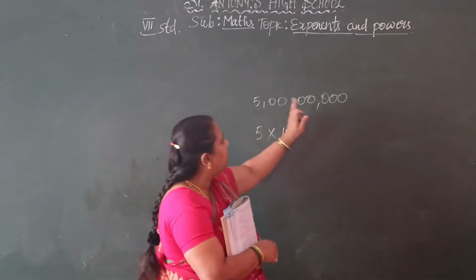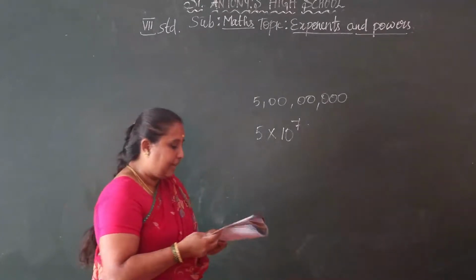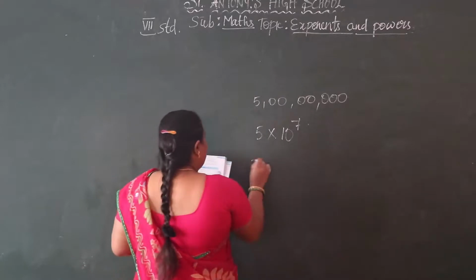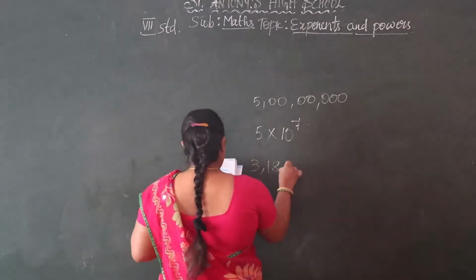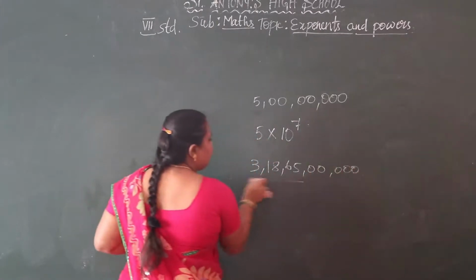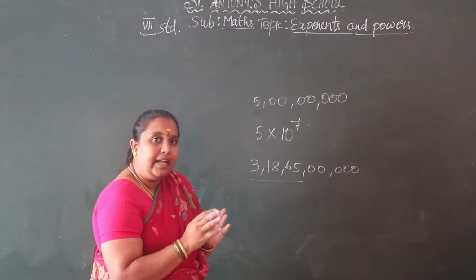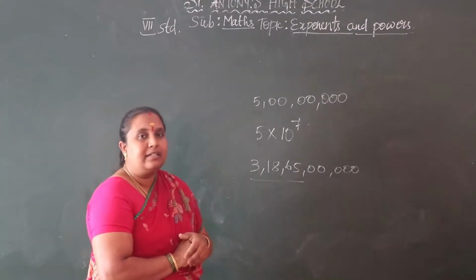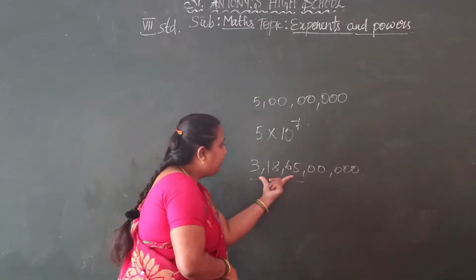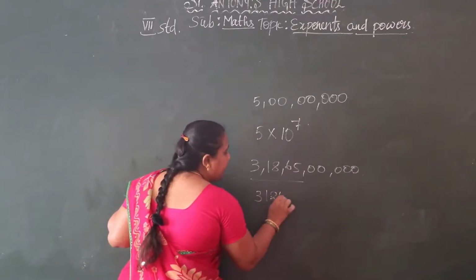If we have any number in between the zeros, let us take a number like that. See, here 3, 1, 8, 6, 5, 0, 0, 0, 0, 0. So like this we have this many digits. Here also we have one digit in the natural part and all the others in decimals. We have to take one digit before the decimal, so totally we have to write the full number here. First step, we have to write the number 31865.